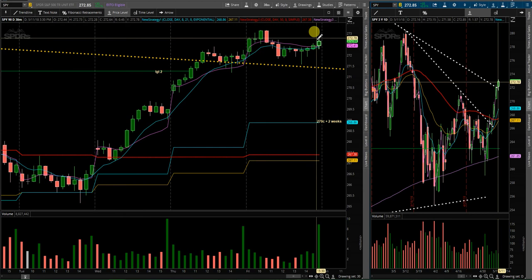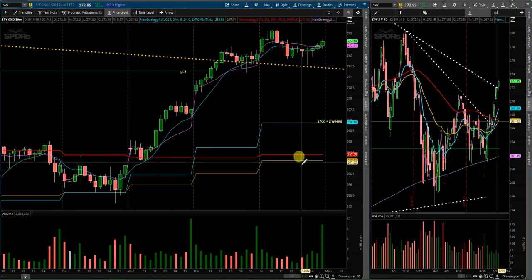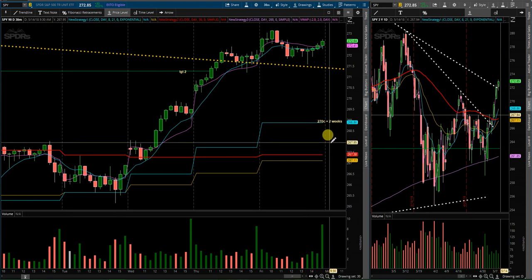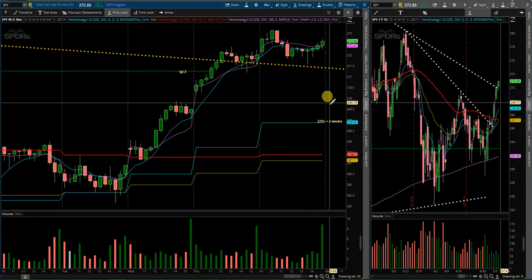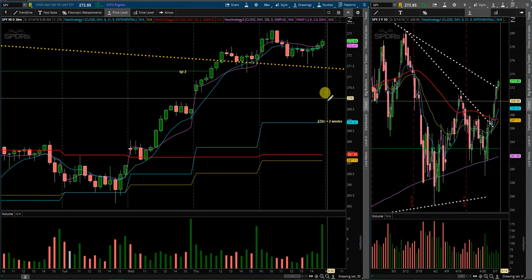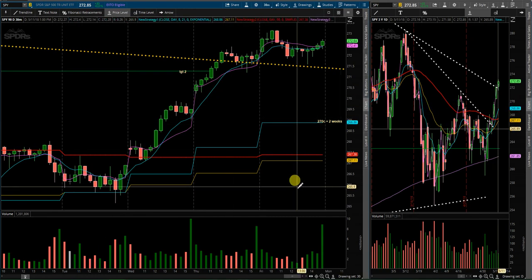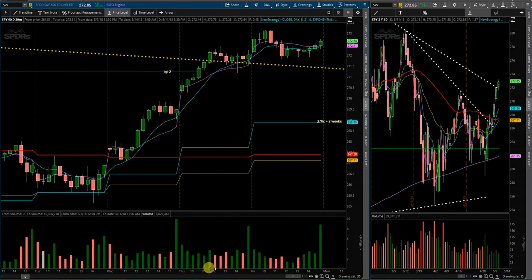Now, if price action opens up higher, and at least if it doesn't gap down, this blue line, this yellow line, and the red line will all continue to move up a little bit higher on Monday, and we'll probably have a better idea of a price around this 269.5, 270 area, probably right around this gap. That is if it pulls back. If it does not pull back, there is a potential move above this cup and handle